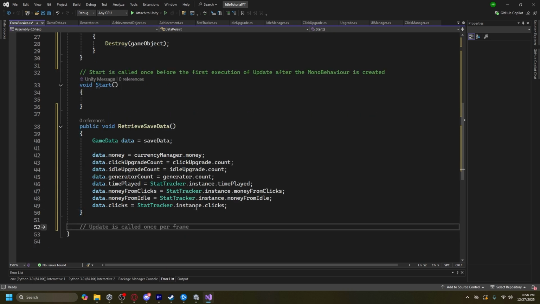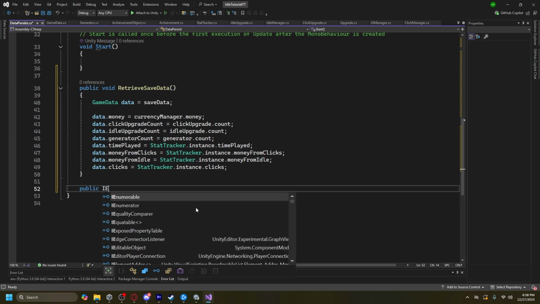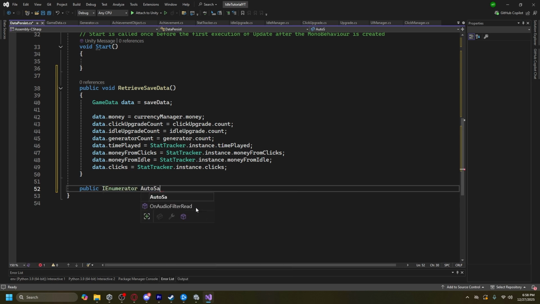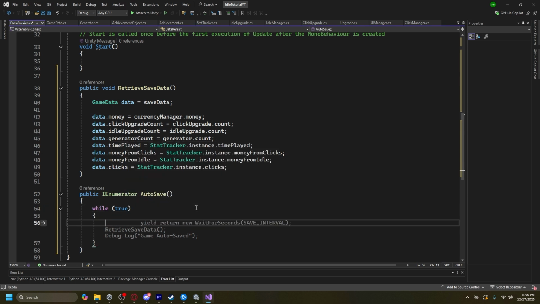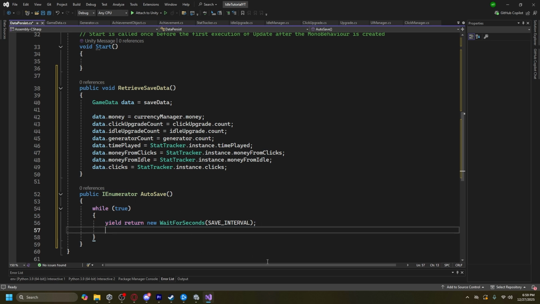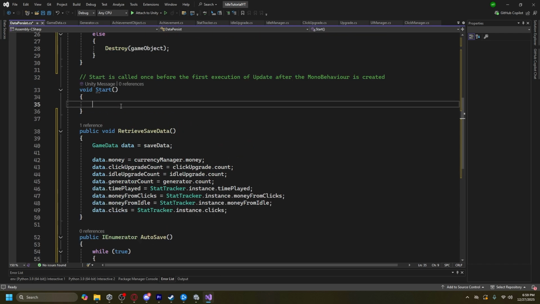Now we are going to create an IEnumerator. So public IEnumerator. We're going to call it autosave. And inside here, we're going to do while true. We're going to yield return new WaitForSeconds, save interval. So this is going to fire off every 10 seconds because that's what our save interval is set to. And then we're going to retrieve save data. So every 10 seconds, we're going to retrieve that data. And then in order for this to start running, we have to call it from start,